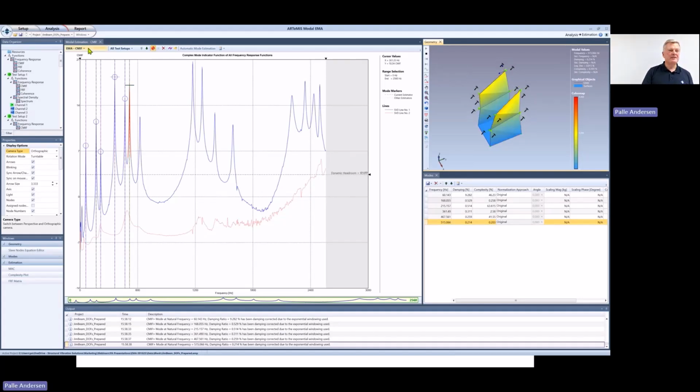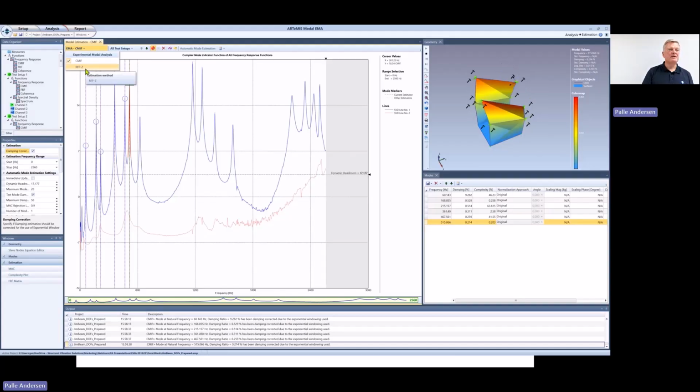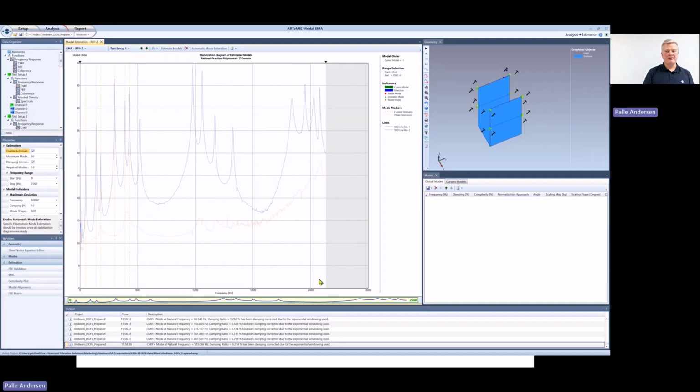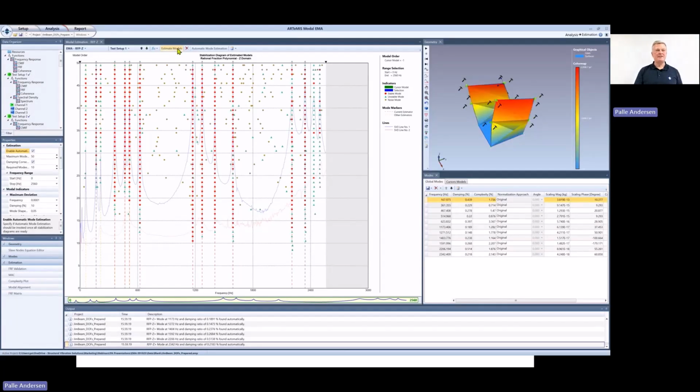The other tool is the more advanced RFP-Z tool. And if I go here and select this one, I just need to select a setup here. Then I get this diagram here that is now empty. As we can see, up here we have a model order that can be controlled by this number here. So the maximum number 50 can be set here. That's a polynomial model order of this rational polynomial that can be put here. If we click this estimate models button here, you can see how we quickly can get many modes estimated